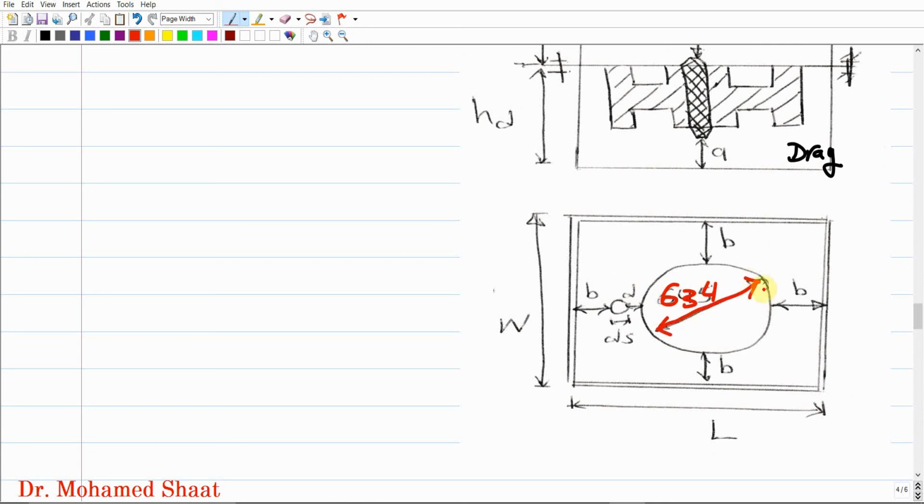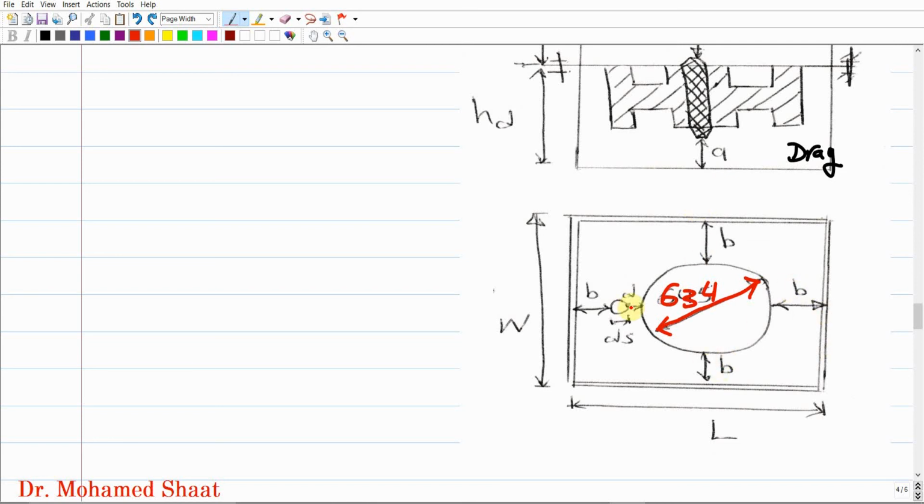The previous number that was drawn was in the drawing, because I used a different draft allowance in this problem. I solved this problem before using a draft allowance of 2 degrees, but here in this video I'm using a draft allowance of 1 degree, so that's why we have this difference in the number. But anyway, it is 634 according to our new calculations through this video,